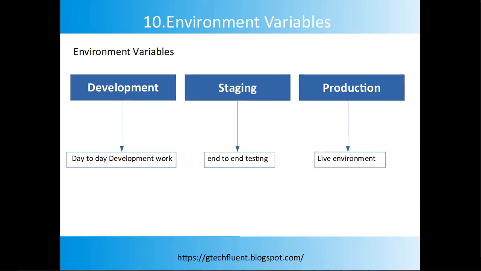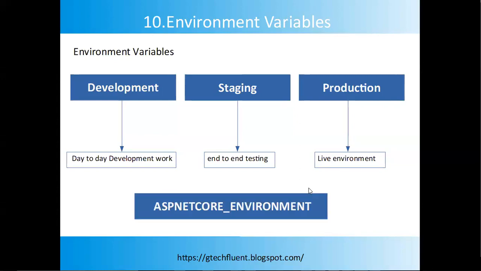The production environment is the live, actual environment which is used by the end user. Here we need to configure our JavaScript and CSS files to be loaded as minified versions to improve performance and for better security. ASP.NET Core uses an environment variable called ASPNETCORE_ENVIRONMENT. The value of this variable can be anything as per your need, but typically it is set to development, staging, or production. Now let's switch to Visual Studio and check where to set the environment variable and how to access it.